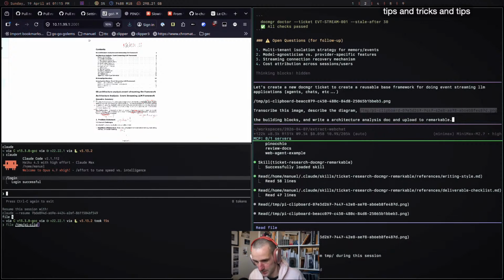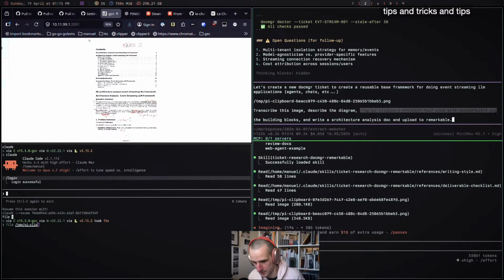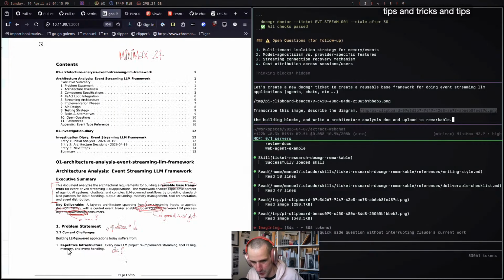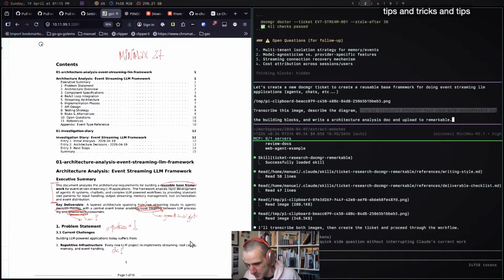I think Minimax is probably a really good choice for this kind of work. A friend, someone I trust, has told me that the visual recognition of Minimax is quite fantastic, and so I'm curious about that. So we'll see. We're doing the analysis.